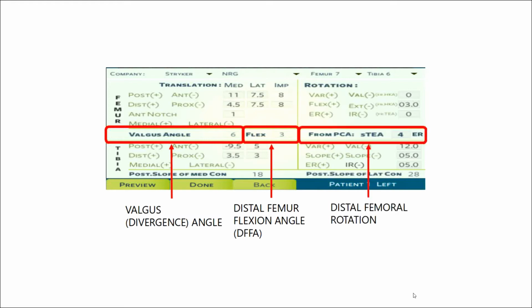The third data shows the degree of distal femoral rotation. The angle between the posterior condylar axis and the surgical transepicondylar axis shows the degree of distal femoral rotation. It is calculated from four anatomical landmarks, that is the posterior medial and the posterior lateral femur registrations for the posterior condylar axis and the surgical medial epicondyle and the lateral epicondyle for the surgical transepicondylar axis. This data can be used by the surgeon to plan for the desired external rotation of the femoral component.